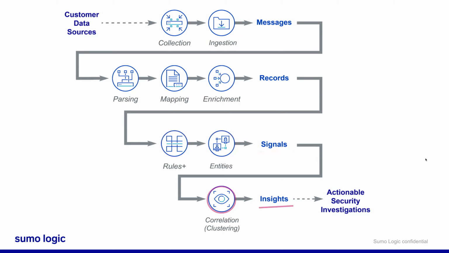What we're going to be focusing on today is the later stages of this pipeline, particularly the rules and investigations. So really the bottom half of this diagram. The top half is something that we focus on in the Cloud SIEM administration class. Like we did fundamentals yesterday, administration is more advanced, and that would be the focus for the top portion. But we're focusing on the bottom portion today. So essentially records that get triggered into signals, and then taking those signals and turning them into insights and doing something with them.